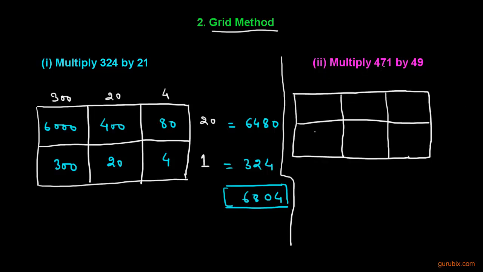We shall write 471 in its standard form like this: 400 plus 70 plus 1, and as well as this 49 like this: 40 plus 9. And now we shall start filling these boxes by multiplying 400 with 40, then we have 16 and with 3 zeros, 28 with 2 zeros, and here is 40. And if we add these numbers in boxes, then we have